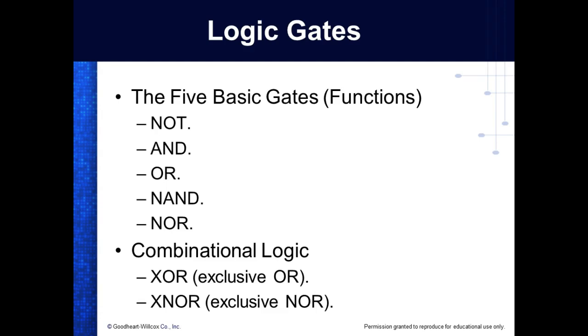These are not technically gates. They're logic functions. So when we wire these in PLCs, we're not making an AND gate. We're making an AND function. And then combinational logic, like I said, we'll look at exclusive OR, how to wire them with relay contacts. So originally this was called relay logic, and that's what they meant. We do logic with